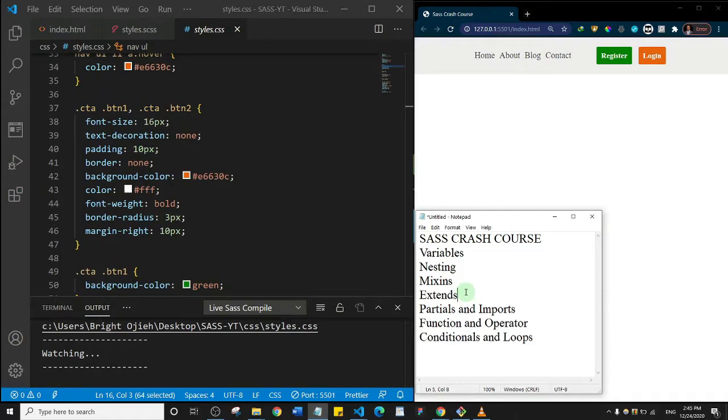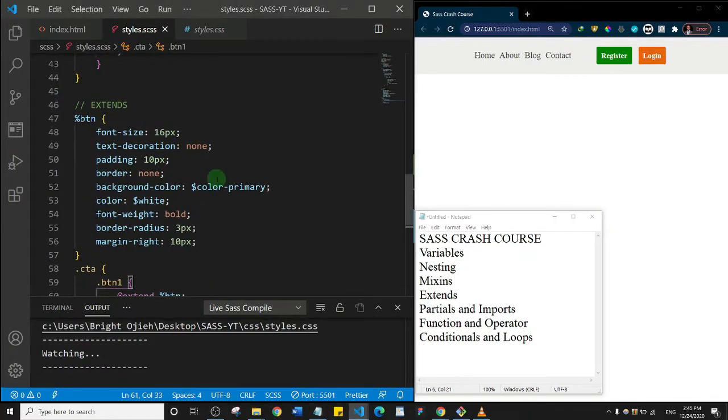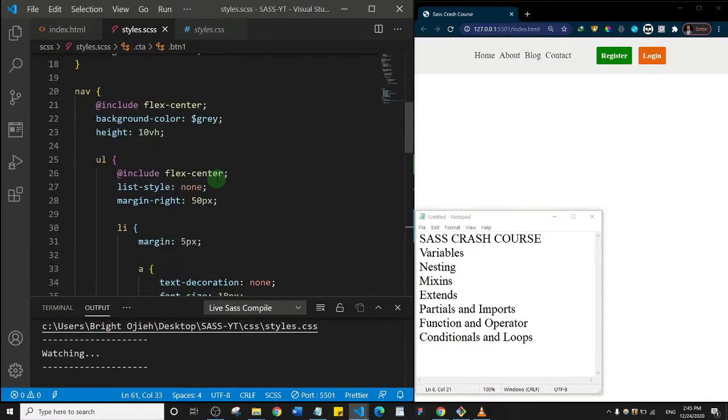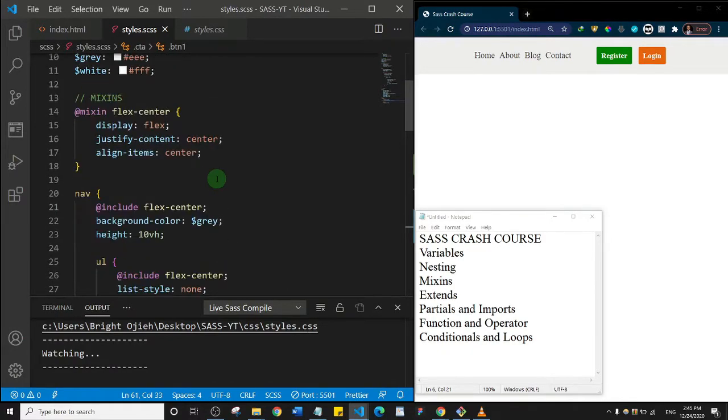Let me talk about functions a little bit before I talk about partials and imports. Okay, so functions, let me go back to my styles.scss file. Essentially a function is a block of code that does something, but it's more than just that. A function has the ability to take in parameters and arguments. If you don't have any experience with another programming language, like maybe JavaScript,